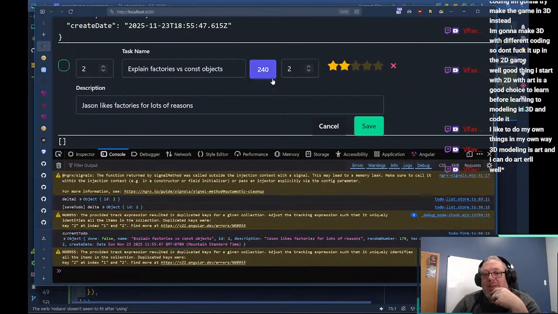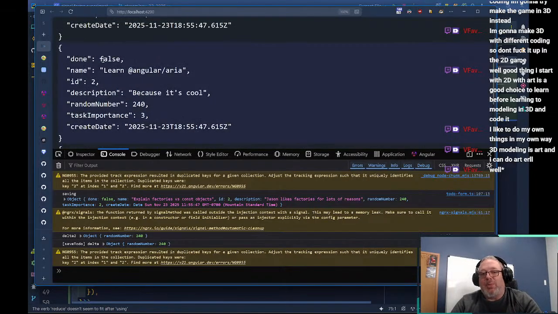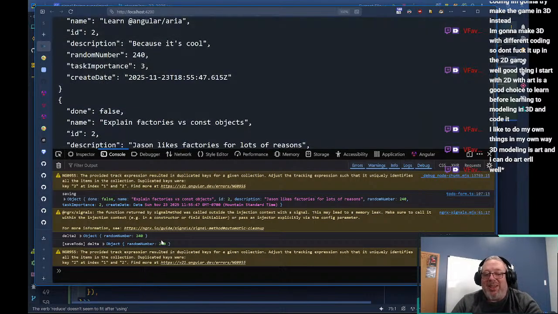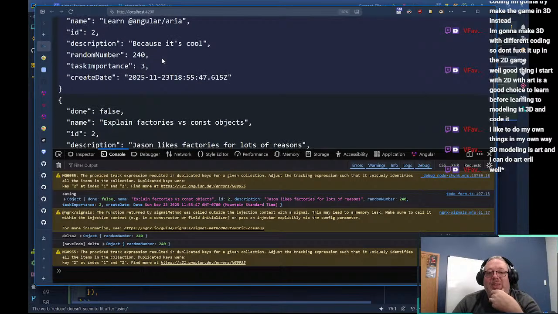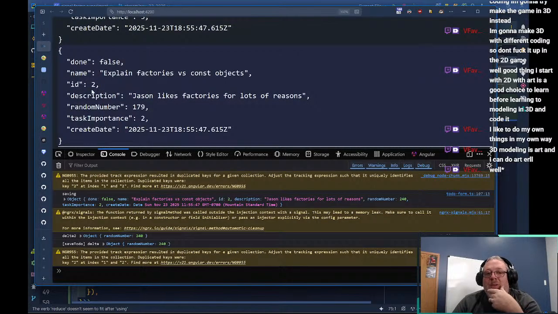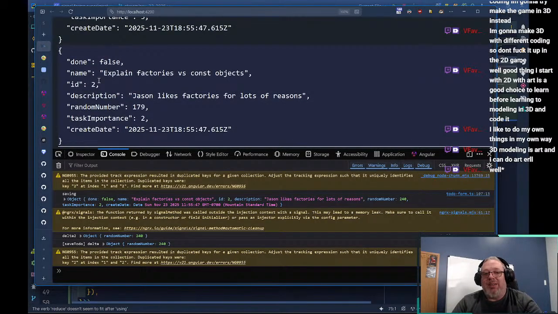Now if I go edit this and I save it, notice this one stayed the same, but this one changed. And if we look at the deltas that it built up, it only recognized that random number changed, because that's all I changed. But now there's no way to change this one until we get rid of this ID collision. That's a big problem we've got, and we need to figure that out.